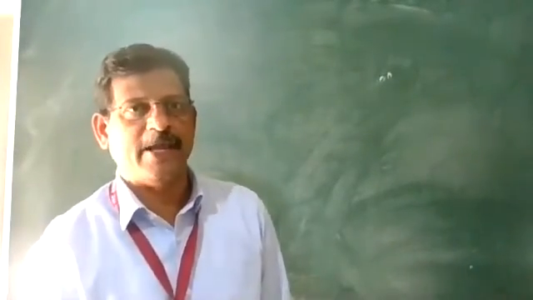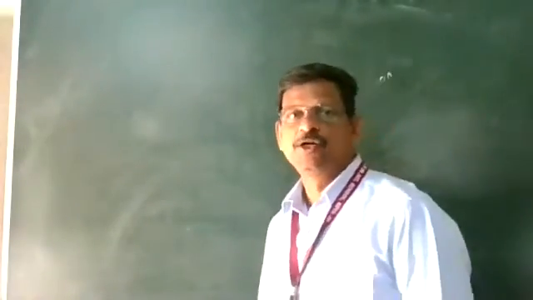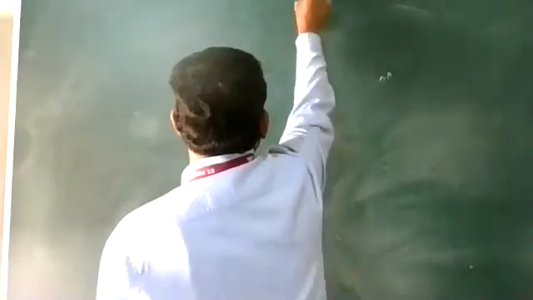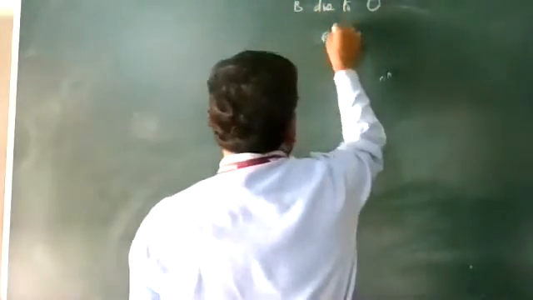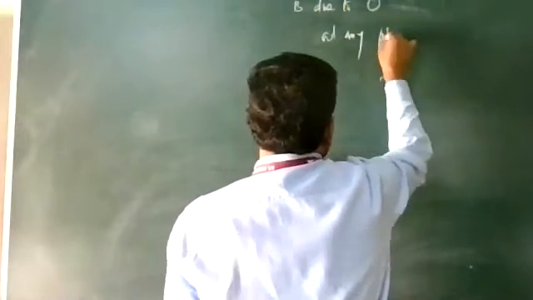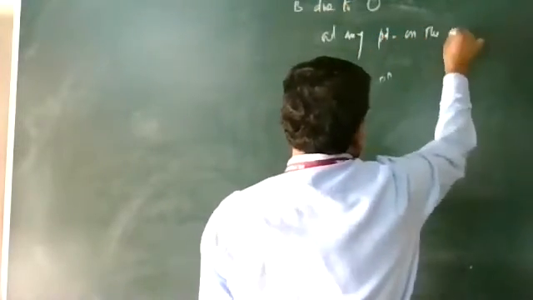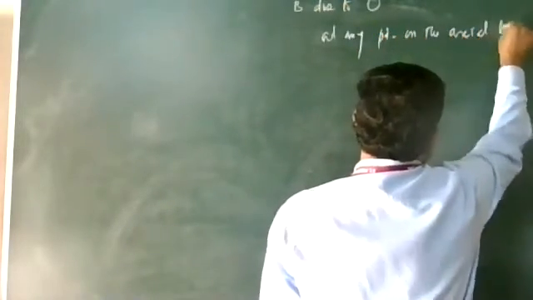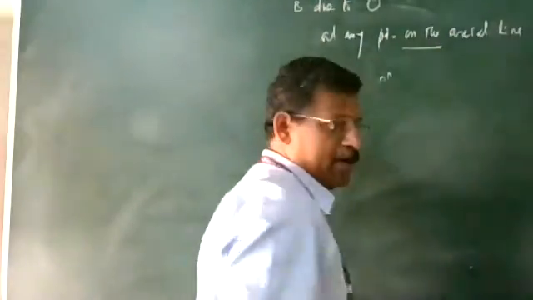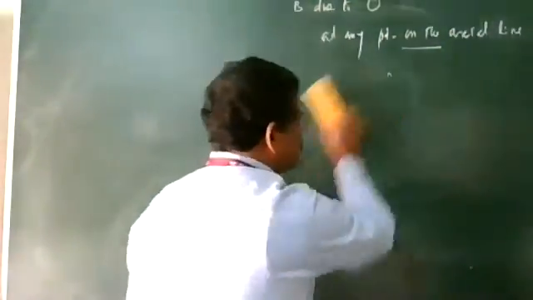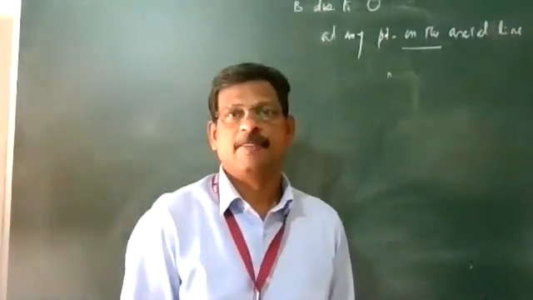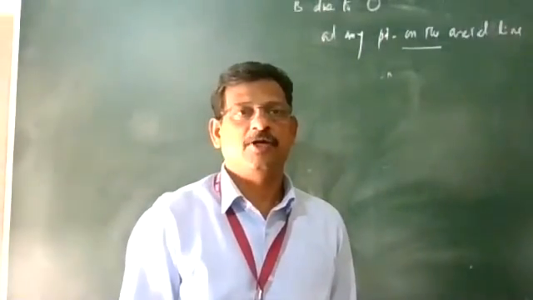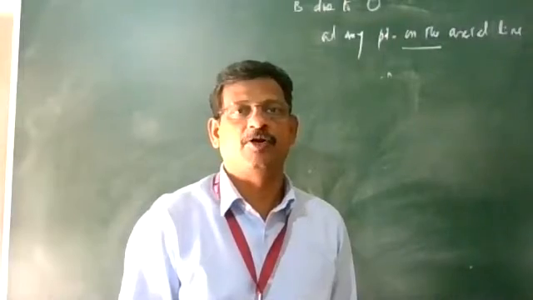The circular coil's plane is held perpendicular to the plane of the paper. So the heading is magnetic field due to a circular coil at any point on the axial line. Many times repeated board question. The plane of the coil is held perpendicular to the plane of the paper.